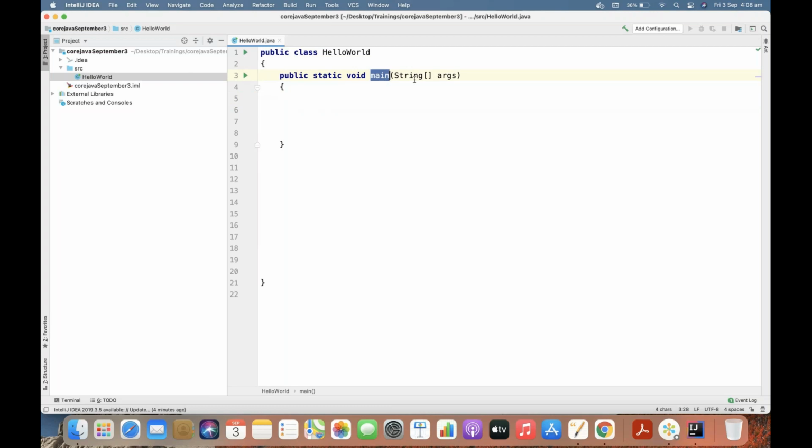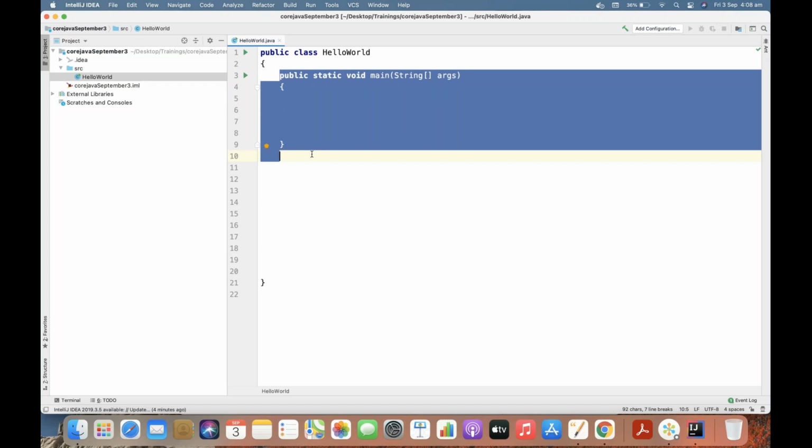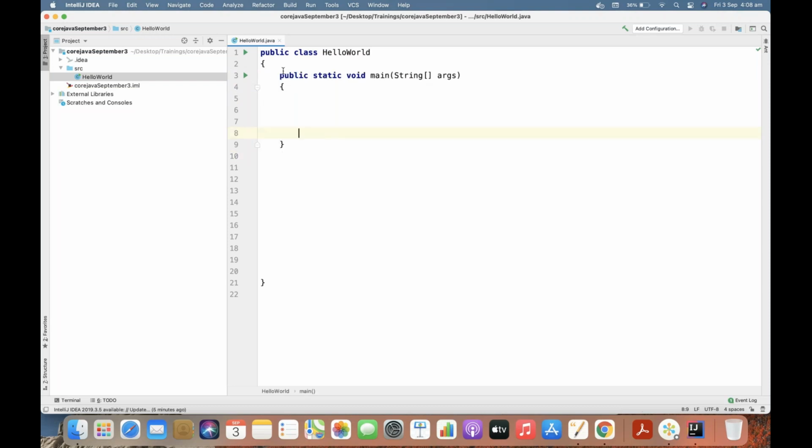Here, inside this main method, you see there is something called string of args. This is used for the command line argument. There is one important interview question associated with Java's main method that we will discuss when we discuss the static keyword. But as of now, here public static void main is the main method. This is actually predefined in Java. That is why we can use the shortcut to generate the main method like this.